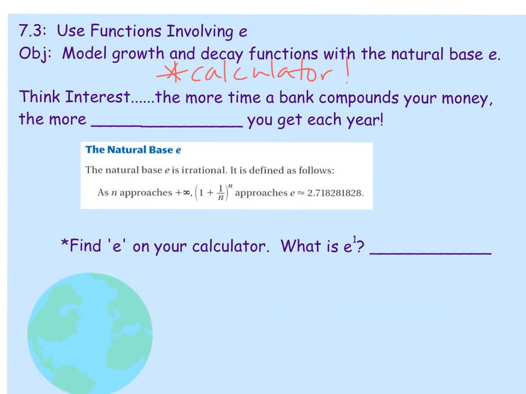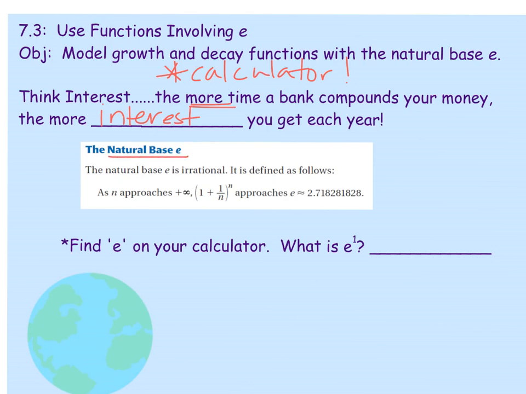Let's think interest. Back in 7.2, we talked about compounding interest, maybe like monthly or yearly or semi-annually. But the more times the bank would compound your money, the more interest you end up getting. We talked about what would be a better rate depending on how many years it was and all that kind of stuff. But if you kept getting interest compounding more and more often throughout the year, it forms what's called